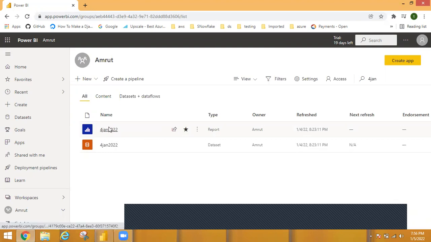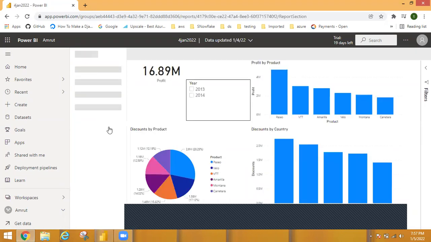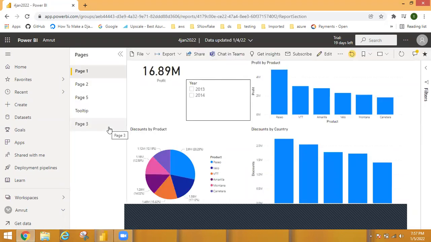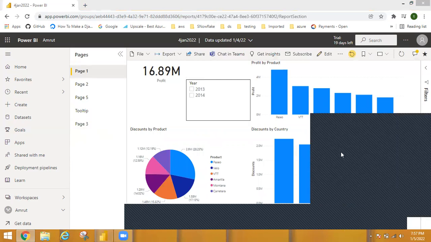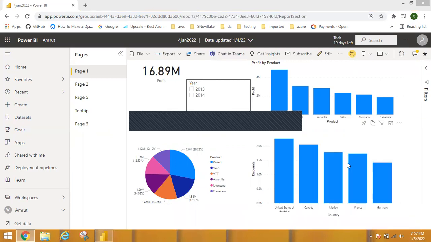The next part involves dashboard creation. So what is dashboard? Dashboard is a type of report which can be created on Power BI service. This functionality is only available on the Power BI service. So in case of dashboard, what happens is we create our reports, and we create multiple reports from multiple users, right? So what happens in case of multiple reports is that if I am the end user